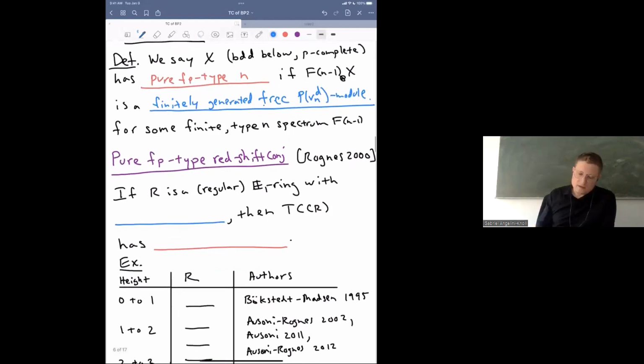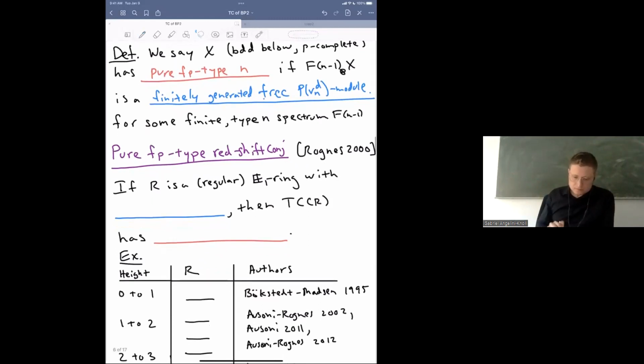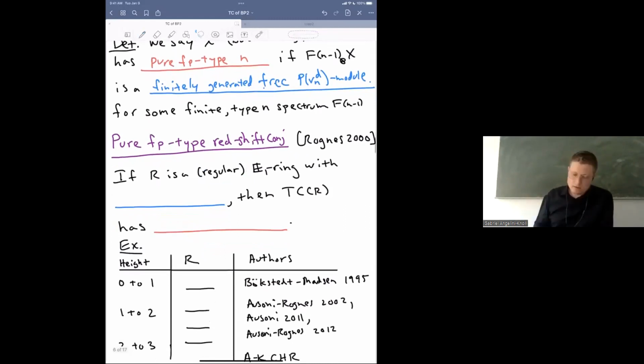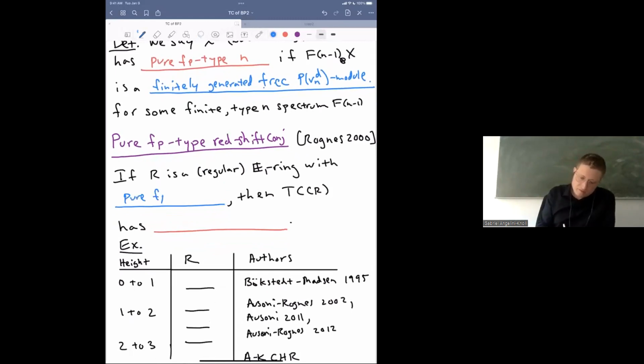And then a conjecture of John Rognes from the year 2000 and Norbert Wolfach in 2000, phrased as the chromatic redshift problem, is what I'm calling the pure FP type redshift conjecture. So this is a strong form of the redshift conjecture. And I'm adding the qualifier regular here, just again, to be safe. But suppose R is a regular E1 ring with pure FP type N,